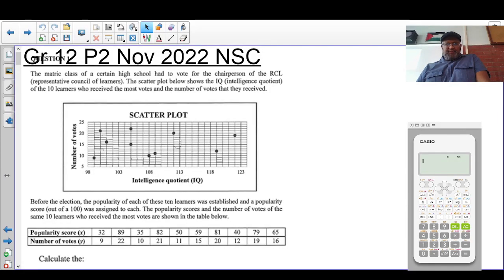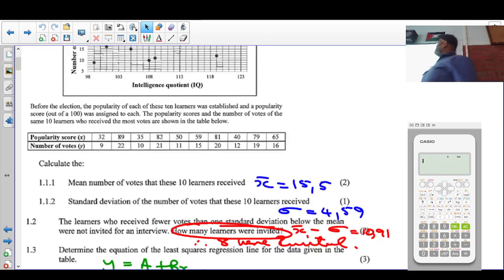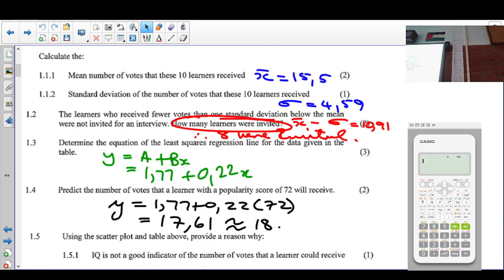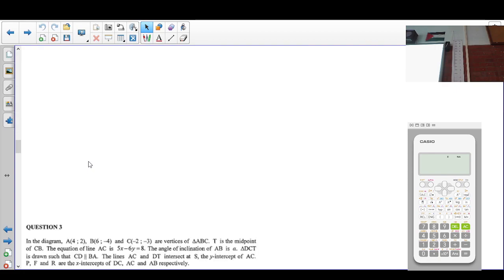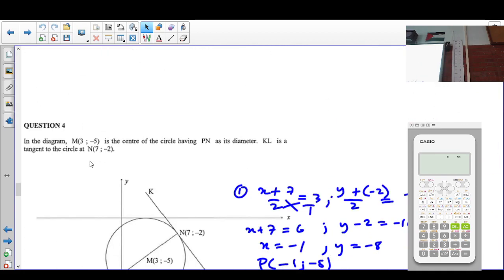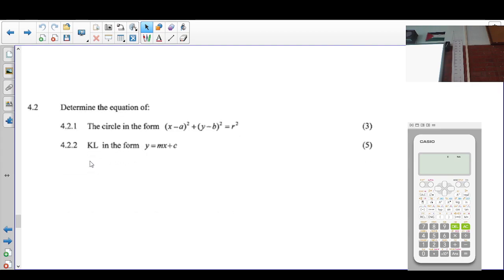Okay, good morning, class. So today we're looking at the November 2022 paper 2. So at this point we got up until